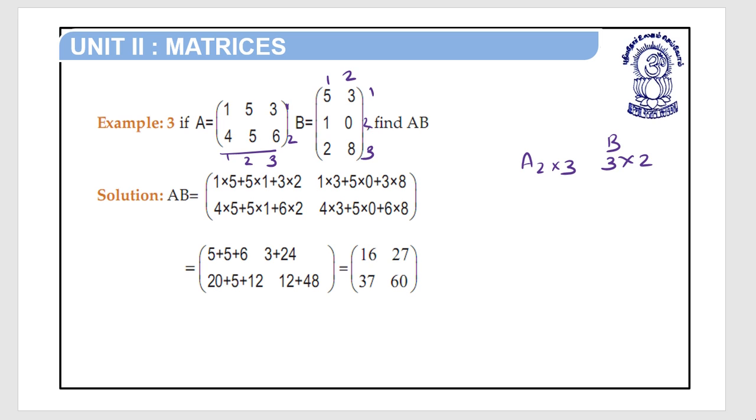Here the column of the A matrix is equal to the row of the B matrix. So we will get the answer in the form of a 2 by 2 matrix. Now, doing AB, A multiply with B. A11 is 1. Here B11 is 5. So, 1 multiply with 5 plus,